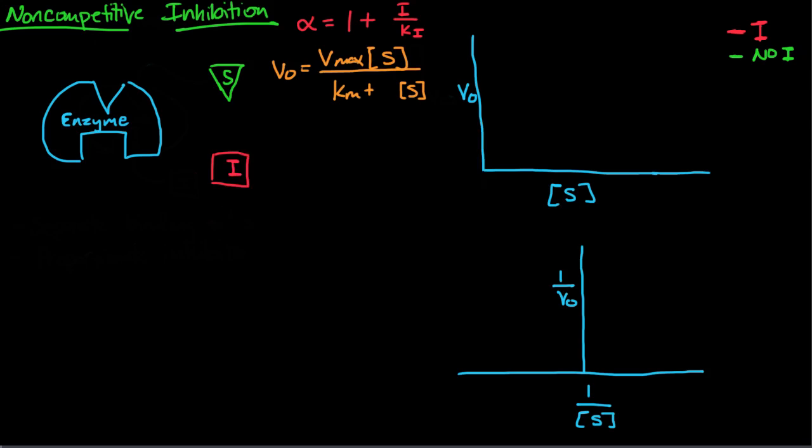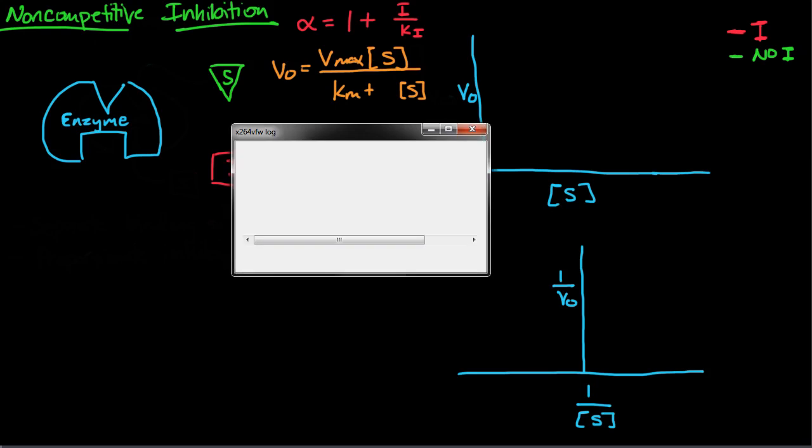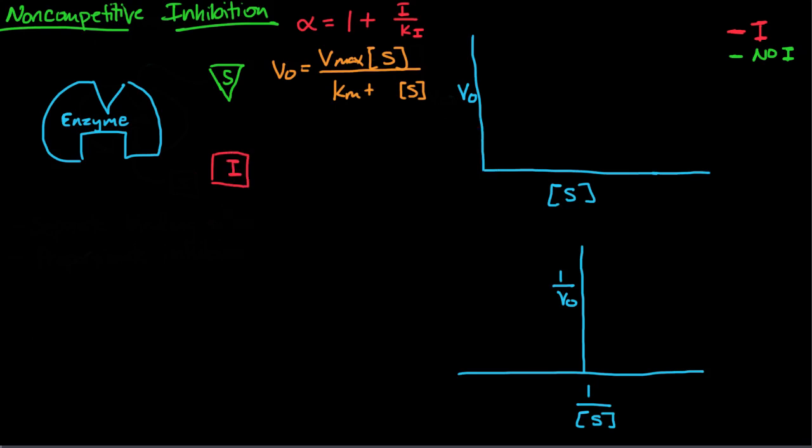Okay, so let's go ahead and take a look at non-competitive inhibition. The key difference between non-competitive and competitive inhibition is the different binding sites. So the substrate binds to one site and then the inhibitor binds to another site. This inhibitor works independently of the substrate, so it can bind to the enzyme when it's free or to the ES complex. Because it works independently of the substrate concentration, you're always going to have the same percent of enzyme